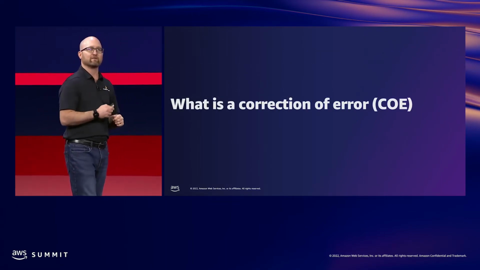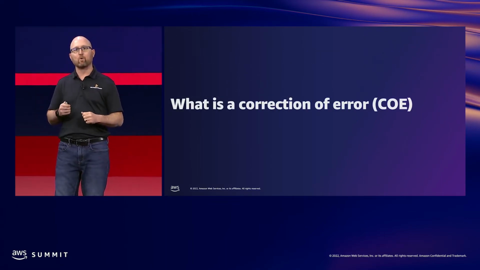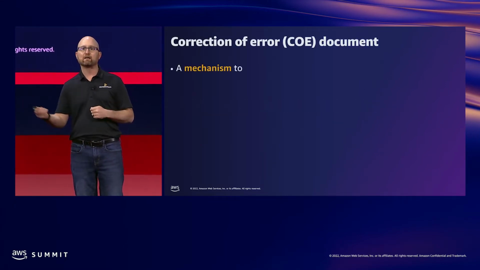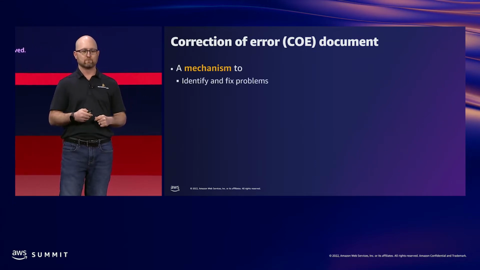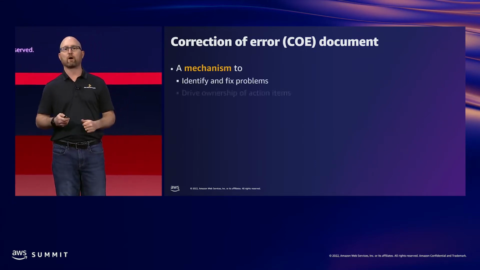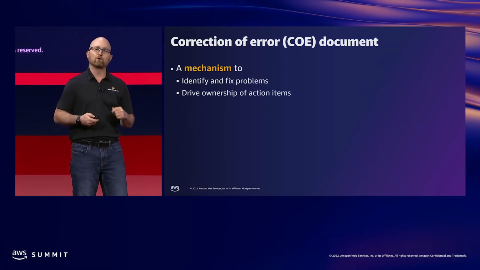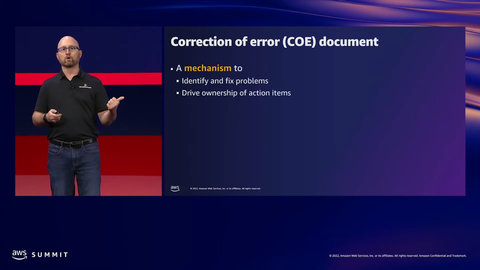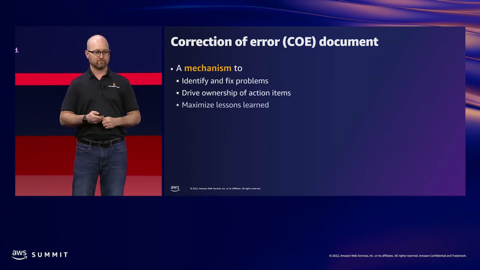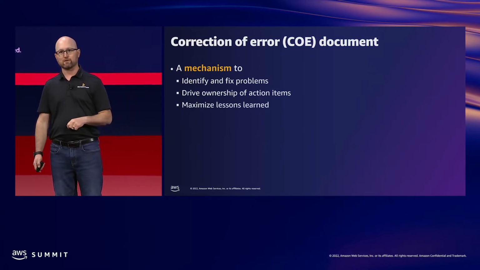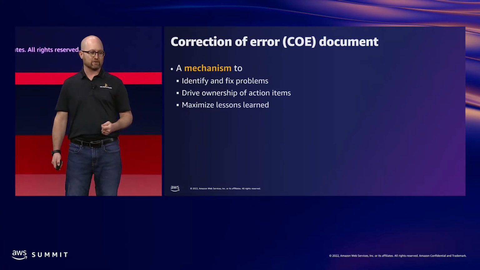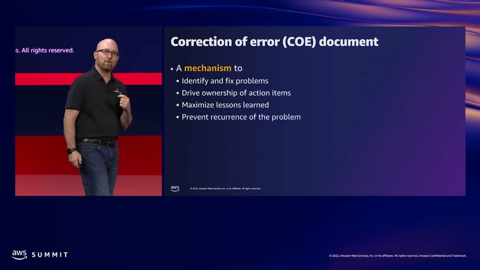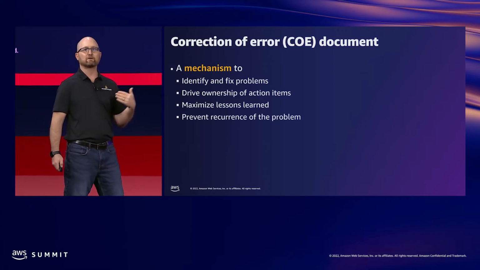So what is a correction of error? We talked about why it should matter, but what exactly are we talking about? It's a mechanism, right? We said we needed mechanisms. Good thoughts aren't enough. We need mechanisms. So this is a mechanism to identify and fix our problems. Then we're going to drive ownership and action items, so that we know who the owner is, and we drive those action items of improvement. We're going to maximize our lessons learned and continue to share them with others. The whole purpose of this is to prevent the problem from recurring. We want to make sure we don't have to relive the same